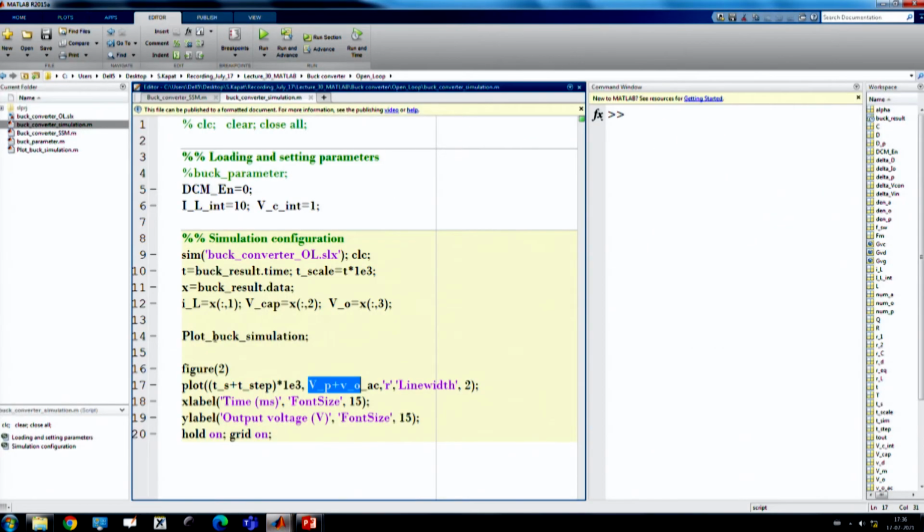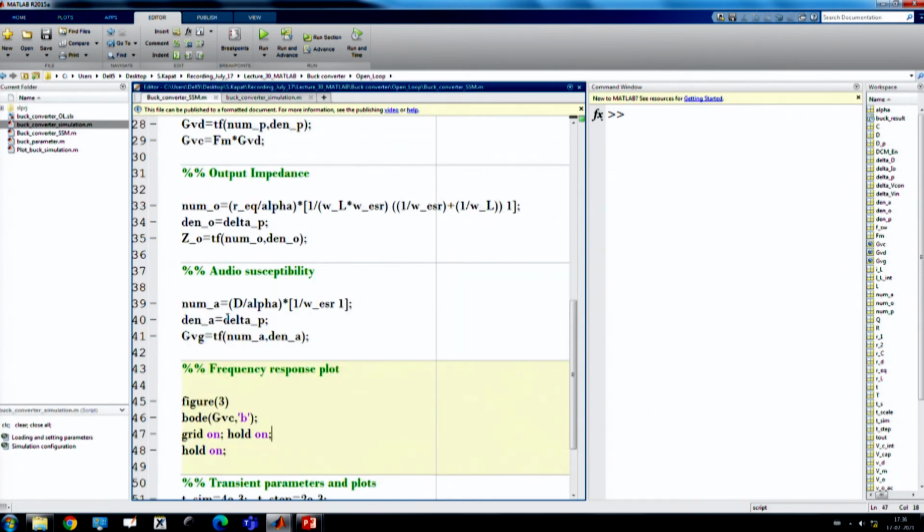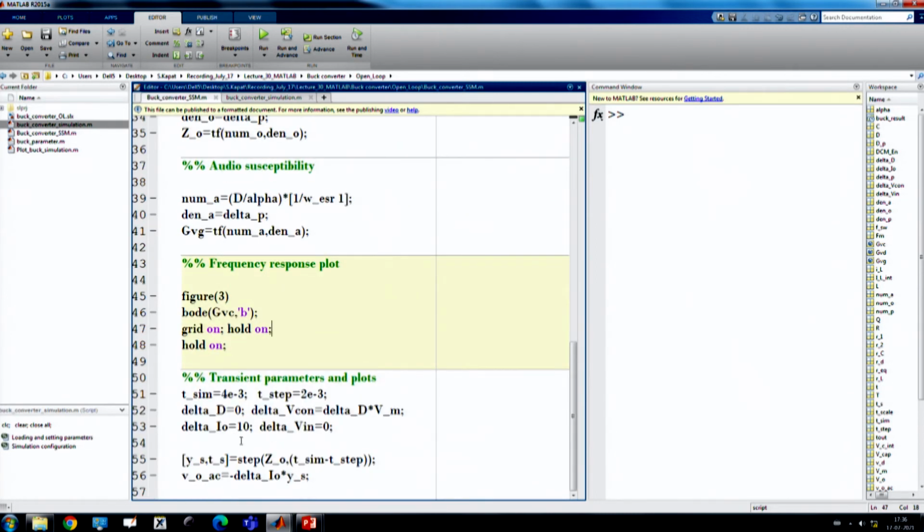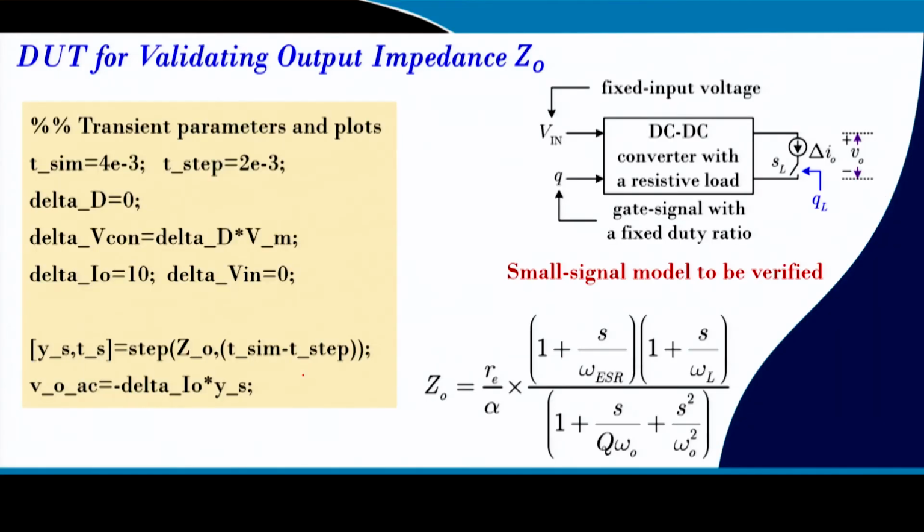Now, you want to check the same thing if we apply a supply transient rather than a load transient. So, if we apply a supply transient, let us say minus 6 volt, it is originally 12 volt, now it will change from 12 volt to 6 volt. Naturally, it is open loop, so the voltage will dip, and we need to change here what is our audio susceptibility, GVG.